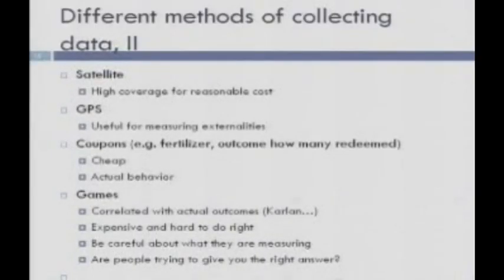Some things that are worth considering: satellite data is increasingly available and can be used for more and more things. There are papers that use this to get at forest cover if you're interested in an issue like deforestation. Turns out Esther Duflo and John Robinson and I are interested in fertilizer use. So we were thinking, well, we go out and we survey farmers about whether they're using fertilizer. And when we were doing small things, this was doable. But we're now thinking about trying to get at social interactions and learning, so we might want to get at this at a large scale.